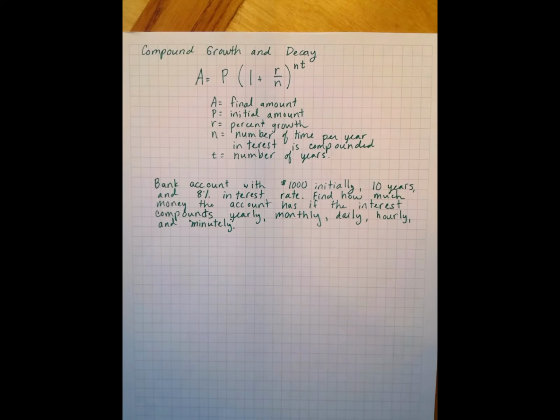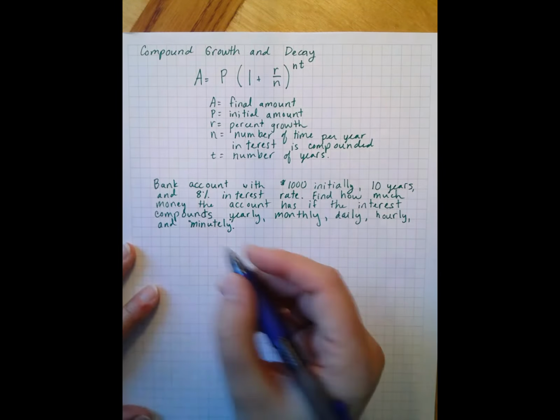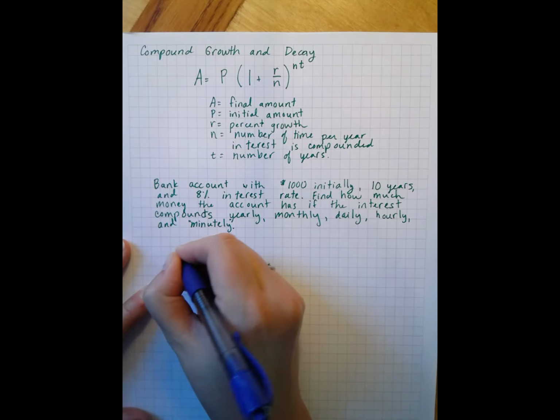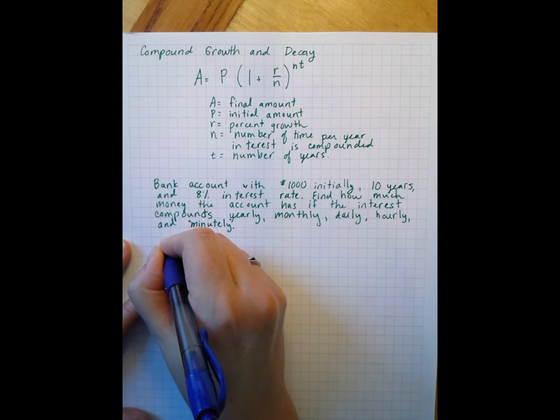So we're going to calculate a bank account where there's $1,000 initially, and it's compounding interest for 10 years at a rate of 8%. And we want to figure out how much money the account has if the interest compounds yearly, monthly, daily, hourly, and minutely. I'm not sure if that's a word. We'll use quotations around it. So what we're going to do is start with the yearly,